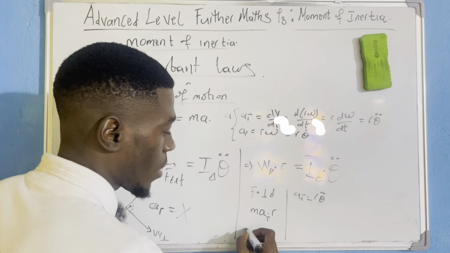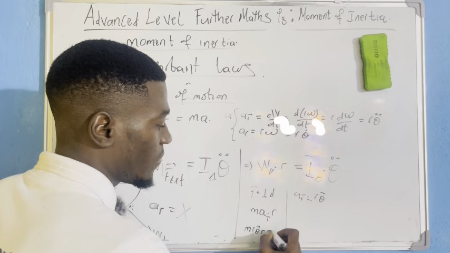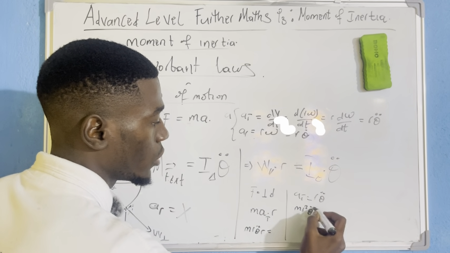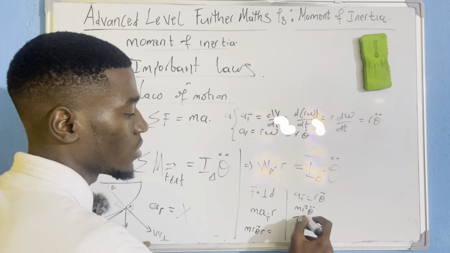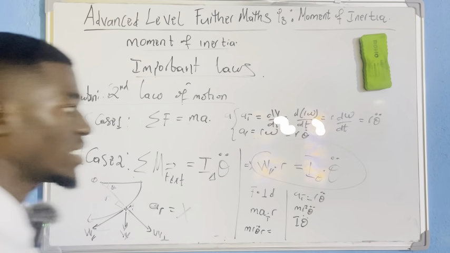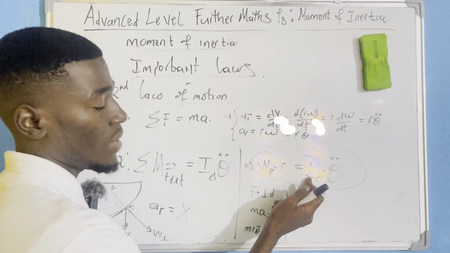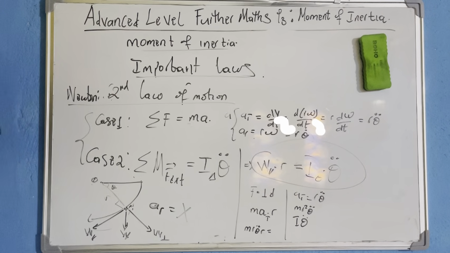So I'll replace it: I'll have mass times r theta dot dot times r. Therefore I'll have mass r squared theta dot dot. Mass r squared is the moment of inertia, so I,theta dot dot. So this is how this formula is explained, and this is why I have the moment of inertia about the center times theta dot dot. As simple as that. So you people should cram it.